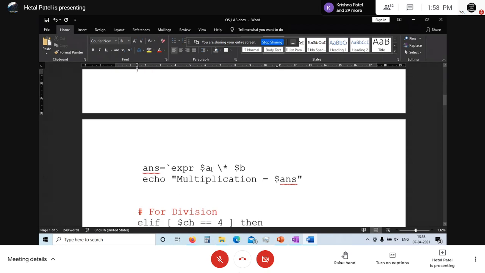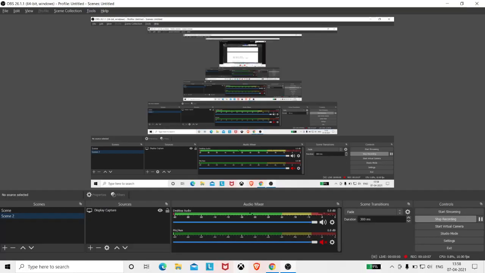Now here for the multiplication, only this thing you have to remember, that's the escape sequence. We are changing the meaning of the star because star has a reserved meaning inside this Linux operating system. This star is used for the regular expression, for searching words. So we escape that reserved meaning of the star and take it as an input multiplication sign, an arithmetic operator.